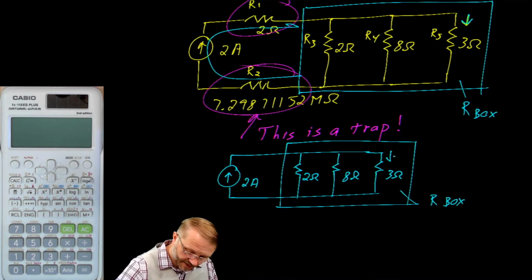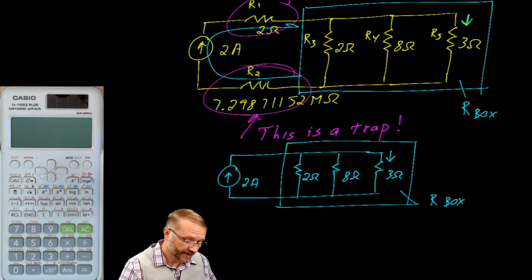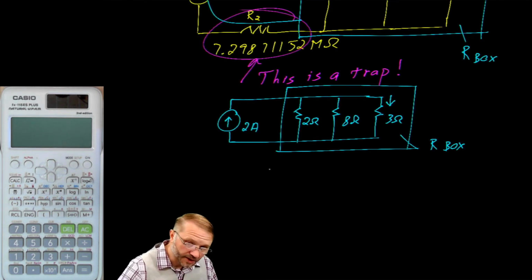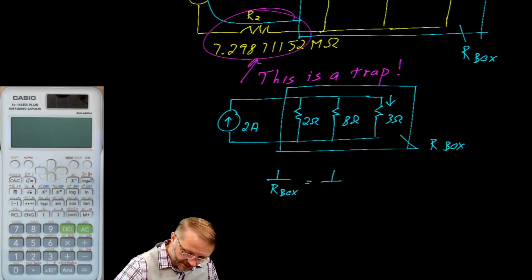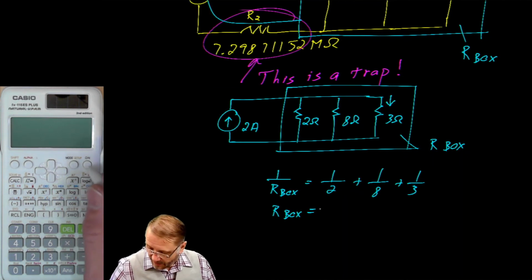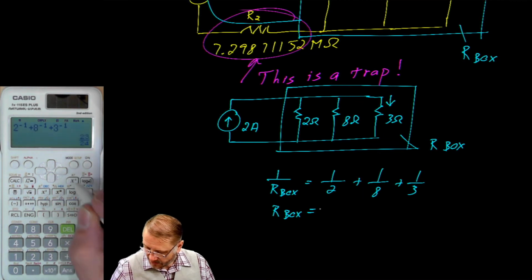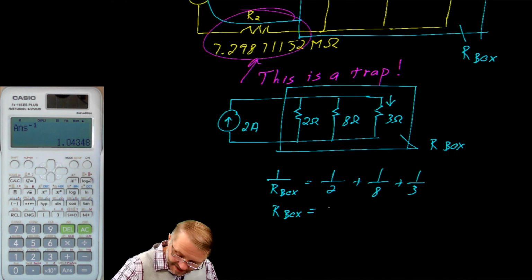Again, we're looking for the current through R5. Looks like this would be a good time to use the current divider. So the resistance of the box is equal to 1 over 2 plus 1 over 8 plus 1 over 3. We'll solve that with the calculator. 2 inverse plus 8 inverse plus 3 inverse equals, inverse, equals. So our resistance for that box is